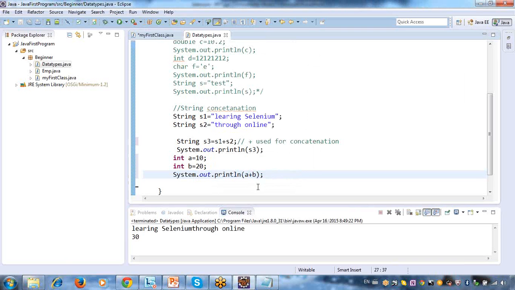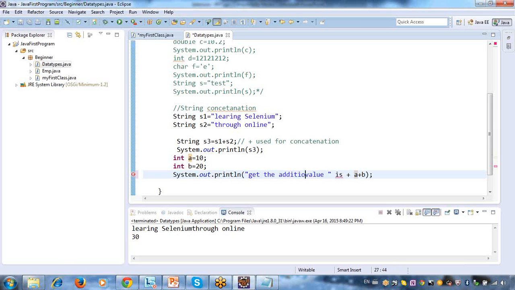I'll say get the addition value like this.